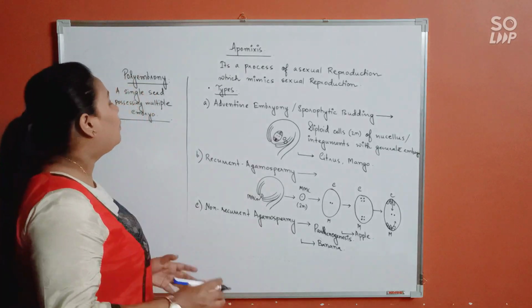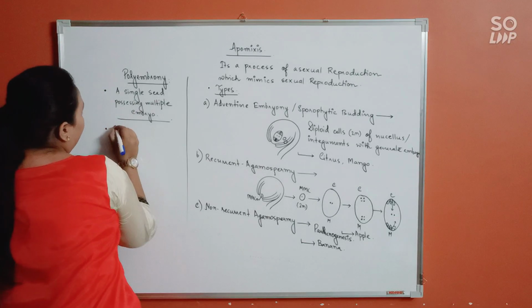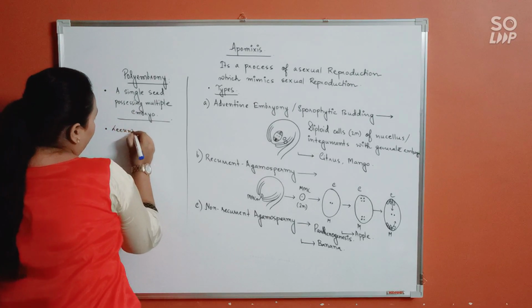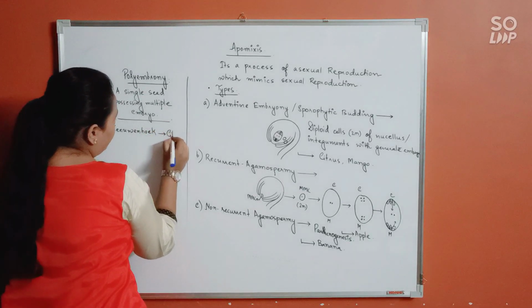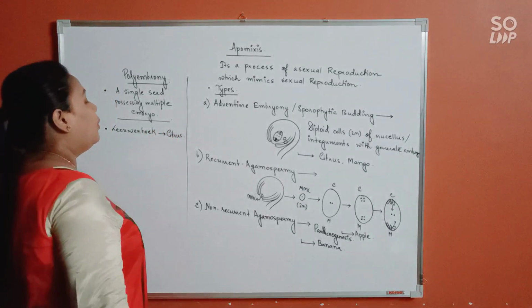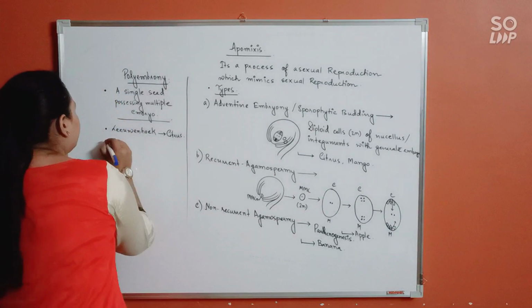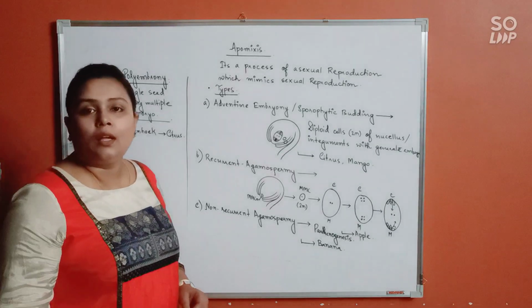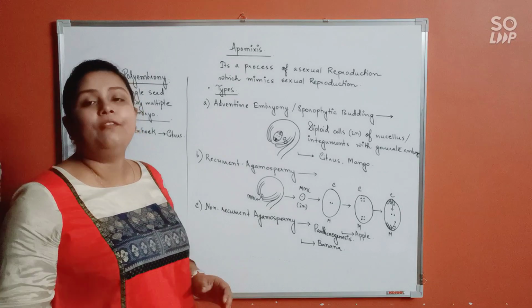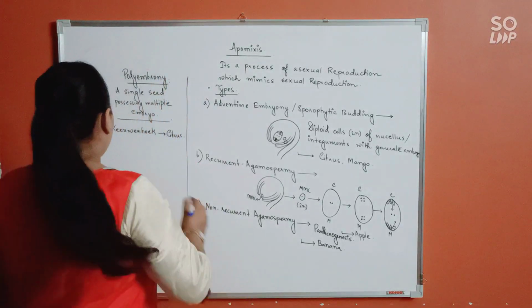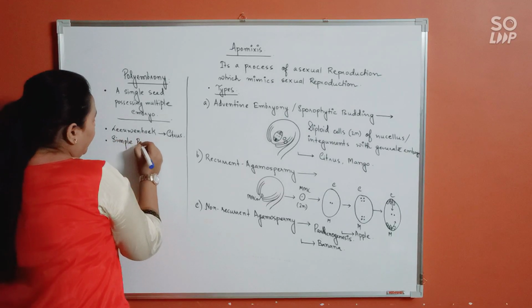Okay. Now, polyembryony was first reported by Leeuwenhoek in citrus. It was first reported by Leeuwenhoek in citrus. Alright. Now, how does polyembryony occur? Polyembryony can occur by various means, okay? Like simple polyembryony,